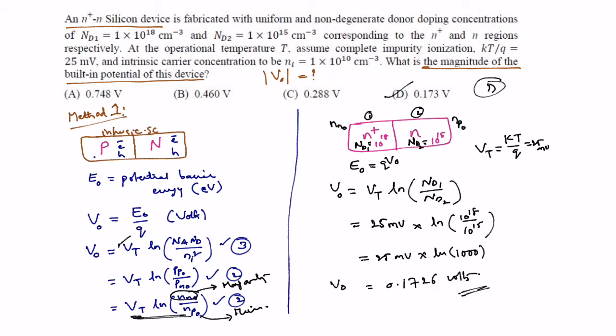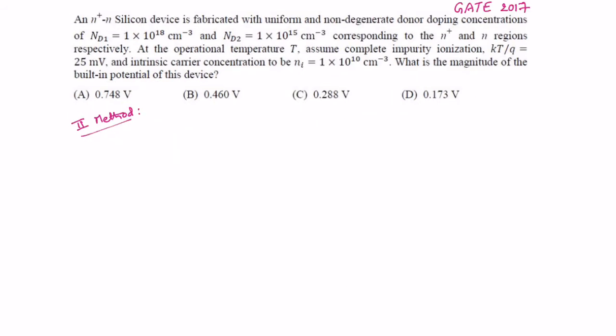So using first part you can calculate, that is method 1. Now we will see how to calculate the second part. Now we will see second method. The second method is using energy band diagram. So if you draw the energy band diagram for the n plus n device, okay, this is potential barrier and